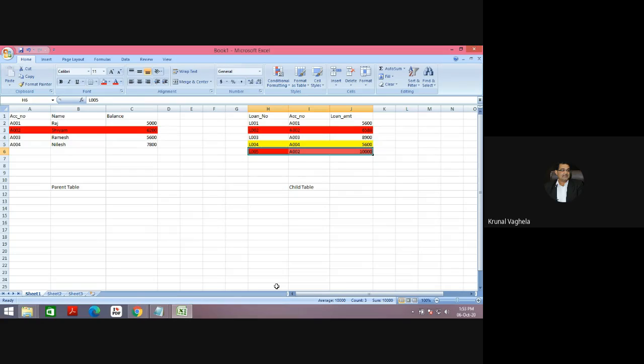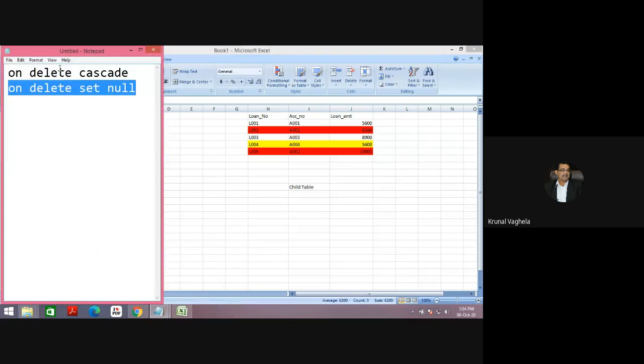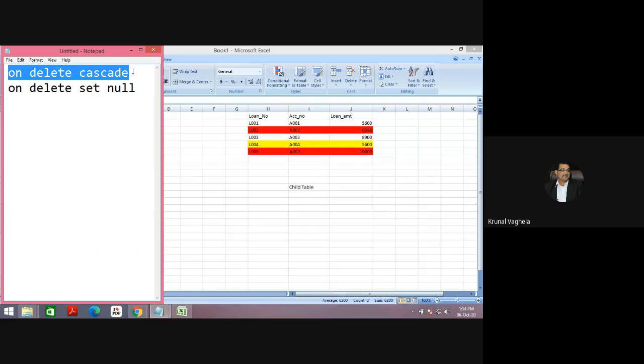It means the customer will come, I have sufficient balance, close my account and transfer my balance to my loan account. So when I am deleting from the parent table, all the entries in the child table will get deleted. That is done by on delete cascade.